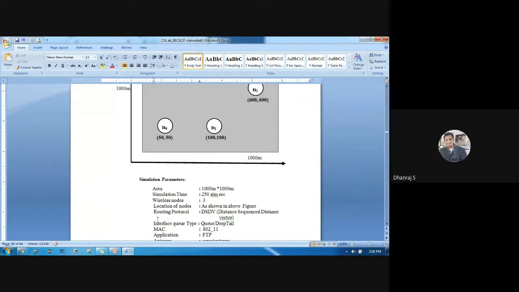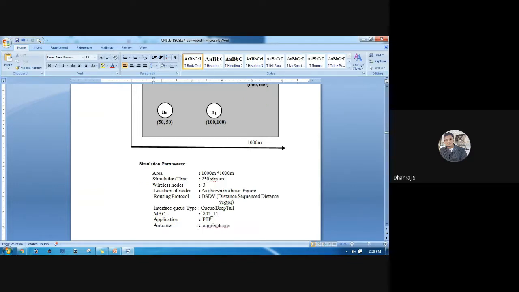The routing protocol I'm using is distance vector, the DSDV routing protocol, for routing purposes. The queue interface we are using is drop tail. The MAC is wireless LAN, that is 802.11. The application is FTP, file transfer protocol.